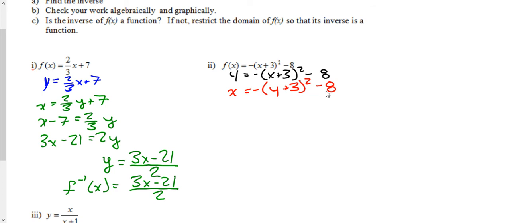So first things first, I want to get rid of this 8 at the end here. I'm going to move it to the same side as x. Up next, I'm going to get rid of this negative sign in front by dividing everything by -1 basically, so that switches all these signs around. So that's now negative x minus 8 equals